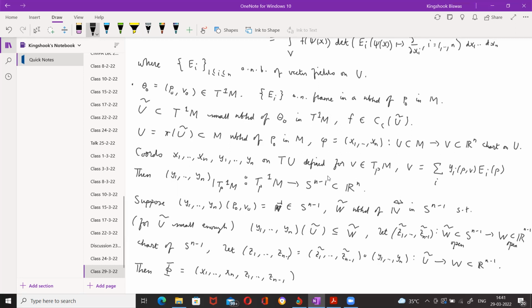These are charts on U tilde, right? So this will go from U tilde to V cross W in R